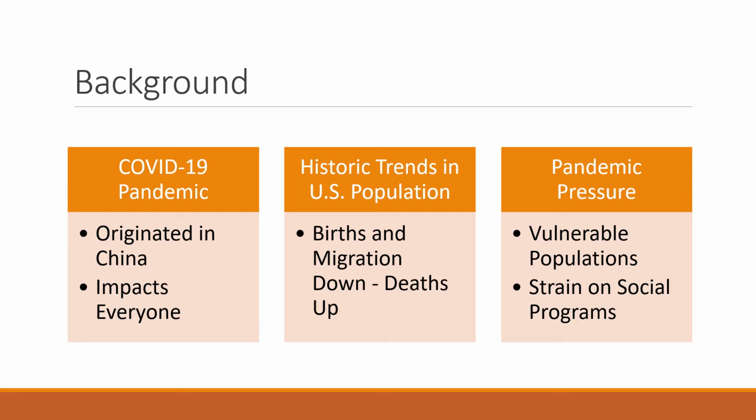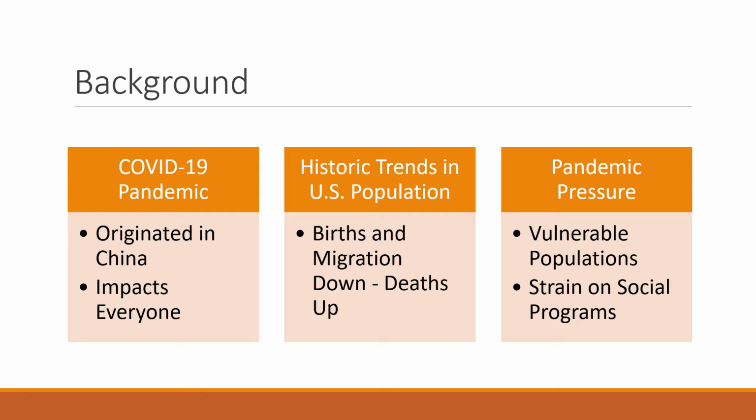Many developed countries, such as Korea, China, and Russia, are on the precipice of experiencing population crises. The United States is no exception, and while the country has been experiencing population decline for several decades, COVID-19 is clearly exacerbating this downward spiral.